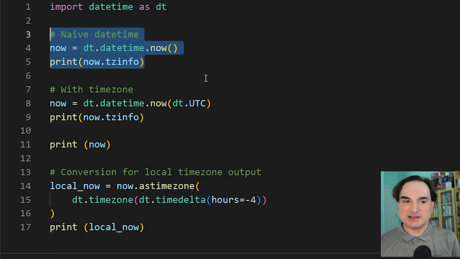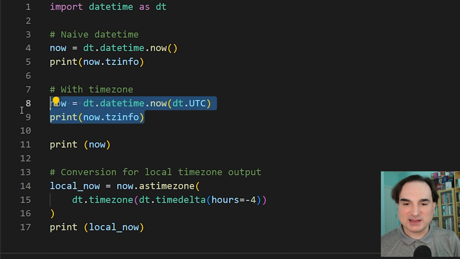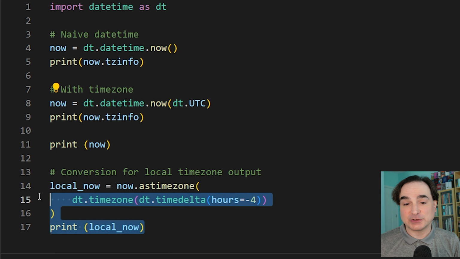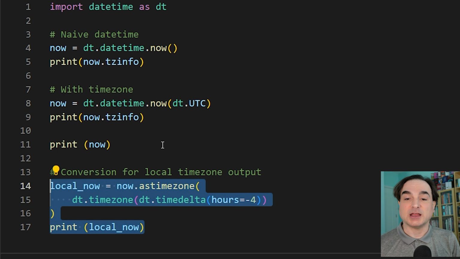See, a datetime value that doesn't have a time zone assigned is called a naive datetime. If you have a naive datetime value and another datetime value with a time zone, you can't use them together in a predictable way. There's no way to tell how to apply one to the other. So to that end, any datetime objects you generate in a program should have some time zone information attached to them, even if you're just using UTC time as a safe fallback.